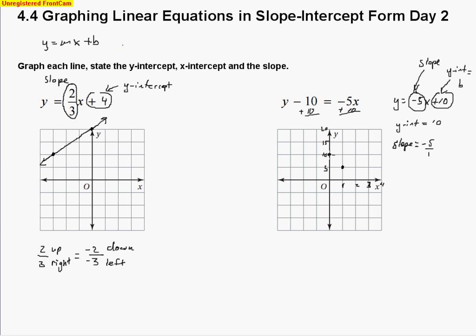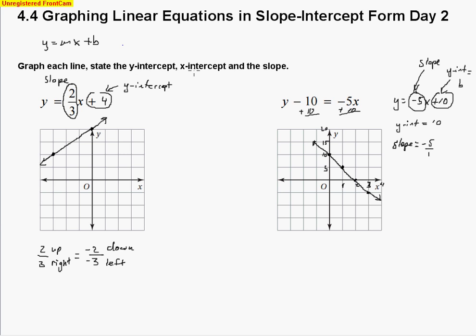So looking at my slope, I go down 5, 1 to the right, down 5, 1 to the right, and that gets me on that line. So I can go ahead and draw a line between those points, and that represents the line y equals negative 5x plus 10. Now I've talked about the slope and the y-intercept, and those are given to me on my graph,